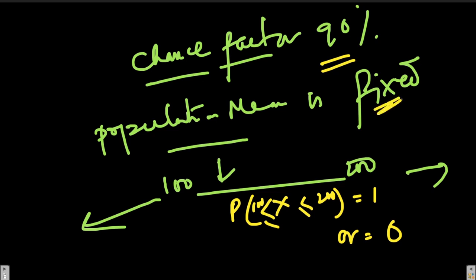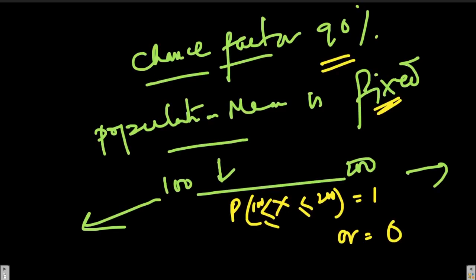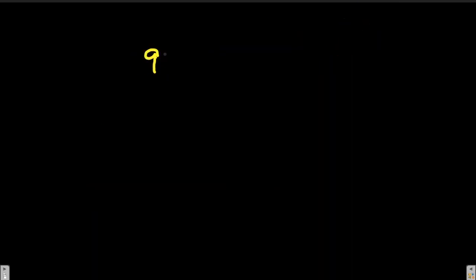It is already fixed. So that is something we have to remember. So if it is not involving any chance factor, what is it really involving? So we said 90%, right? Not 90% chance. So we say that 90% of the time,